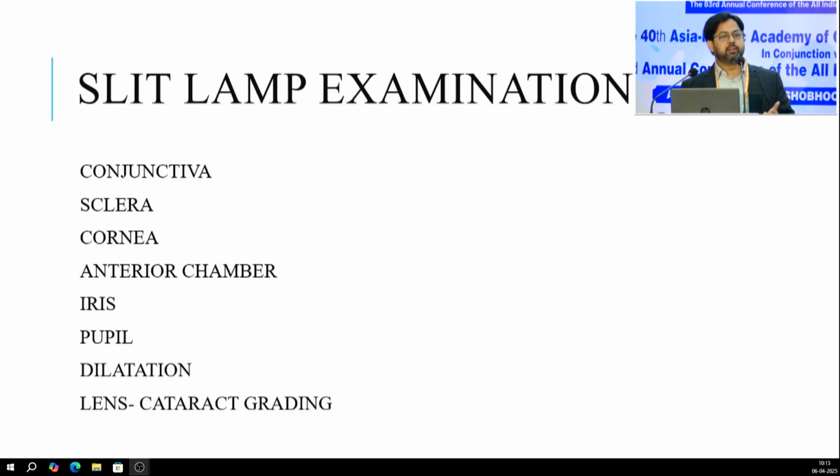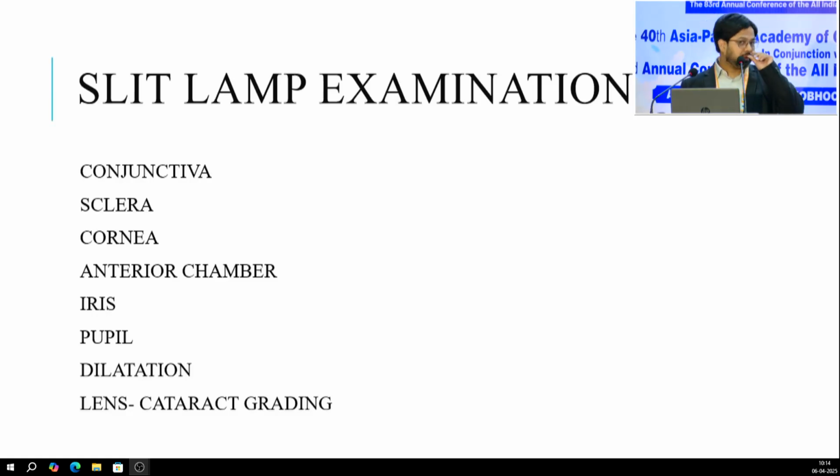Cornea, very important. And corneal examination should be methodical. You should see the size of the cornea, the sheen, the transparency, if possible, sensations, and do a specular reflection to assess the health of the endothelium. Do examine the anterior chamber for content, cells, depth, iris for any neovascularization, any pigments, any cysts for that matter,